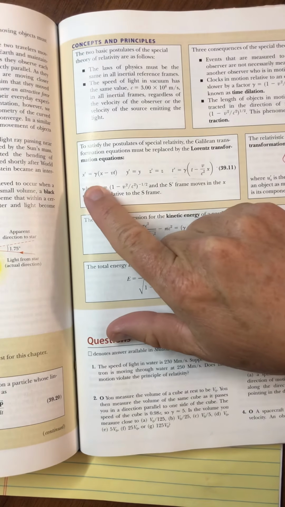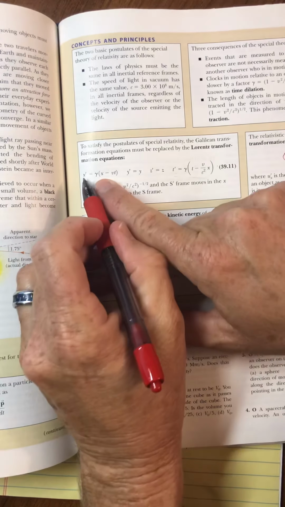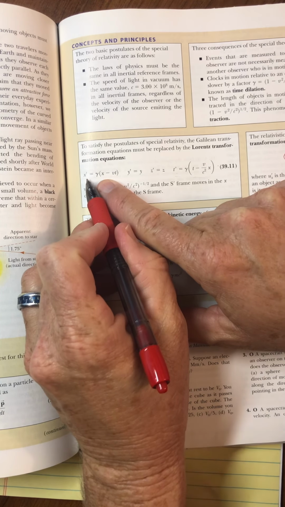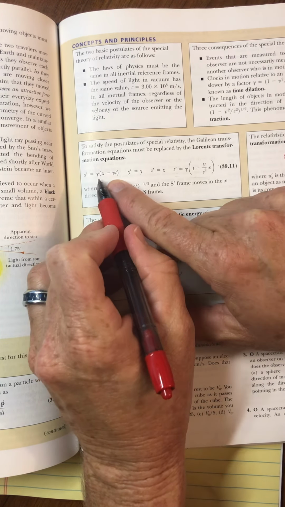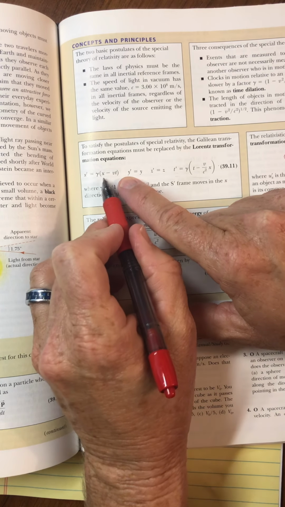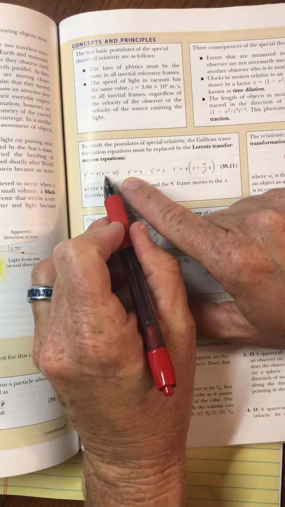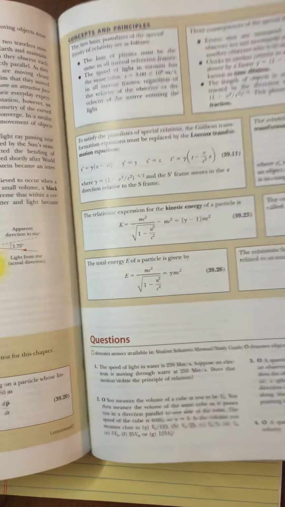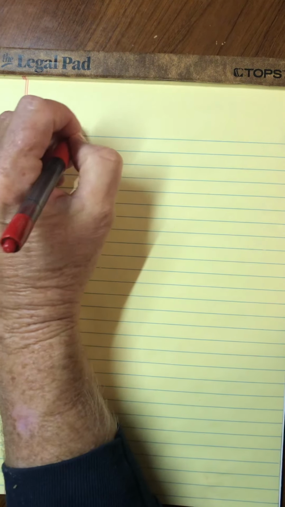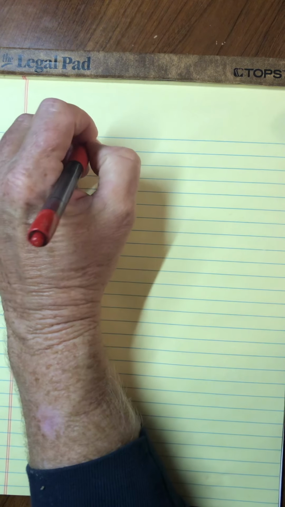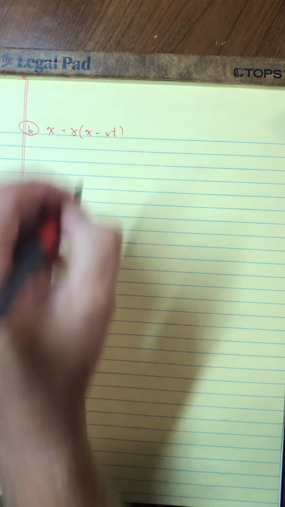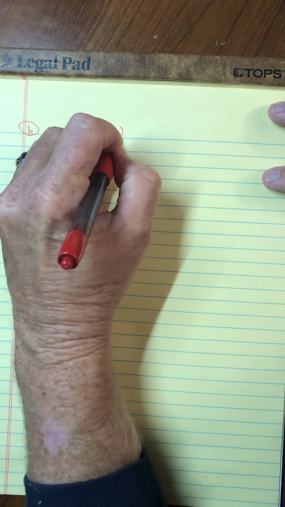And maybe to answer that, I'll just bring the textbook back in the screen here. So there it is. There's the transformation. There's how we get the position in the prime system. So that's going to be Mark relative to, and then here's the gamma factor, and then this is the position of Susan, the unprimed system. So knowing the position as Susan sees it, we can get the position as Mark sees it. So this is a gamma. This is then an x minus vt. Now, if we say this is the position 2,